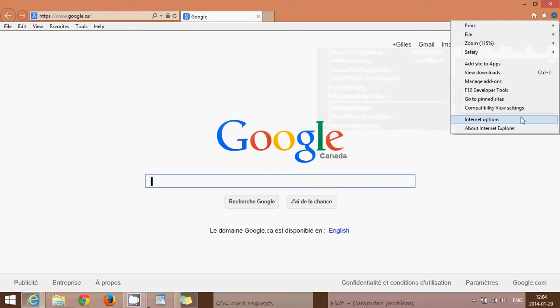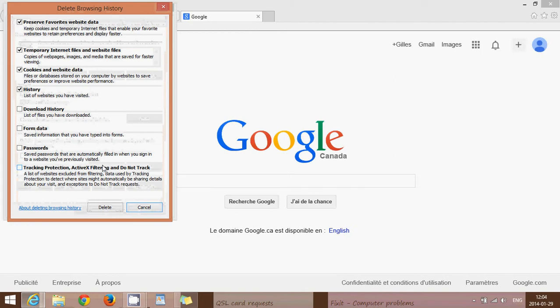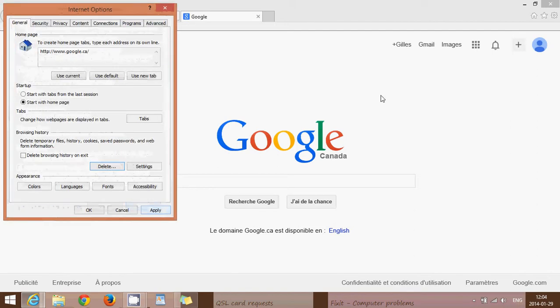So make sure that you go into the internet options, for example, and delete the browsing history, the cookies and website data, and temporary internet files. These are the important things to do to make sure that nobody